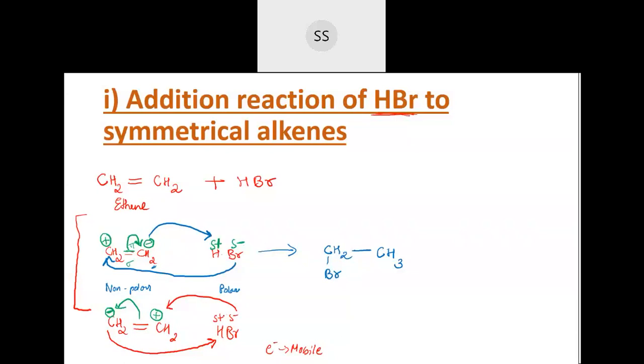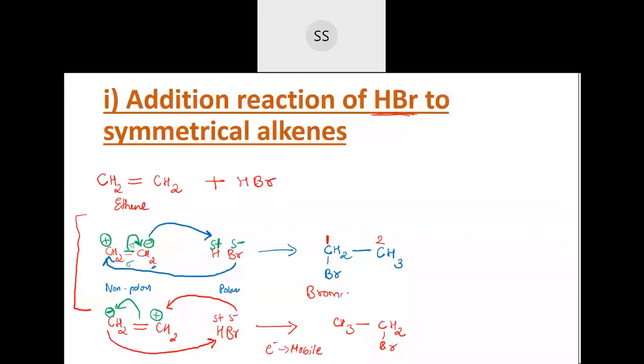Now if I write the product here, see, I will get CH2 with the minus charge. Then I can take one hydrogen here, so I will get CH3. And on the other side, I will have CH2, and this CH2 is positively charged and can take this Br. Now see whether the compounds are the same. Are they the same? I'm asking you. You all reply now. Are these compounds the same if I do the addition on either side of the carbon? You can name them and check. See, if I name this, where bromine is there, I should number them first, correct? This is second. So it's bromoethane. Come to this one.